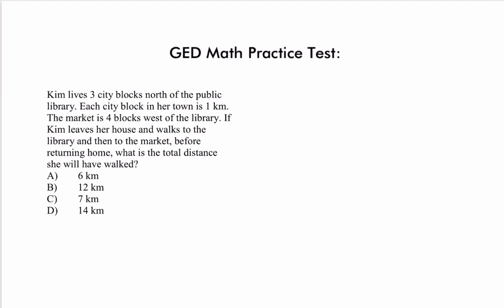So we need to find the total distance, right? Kim lives 3 city blocks north of the library. So, okay, like a house, and the library, and then the market. It is 3 kilometers because one block is 1 kilometer. So from her house to the library is 3 kilometers, and then from the library to the market is 4